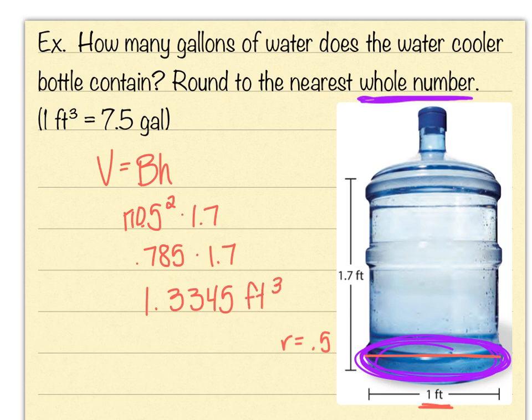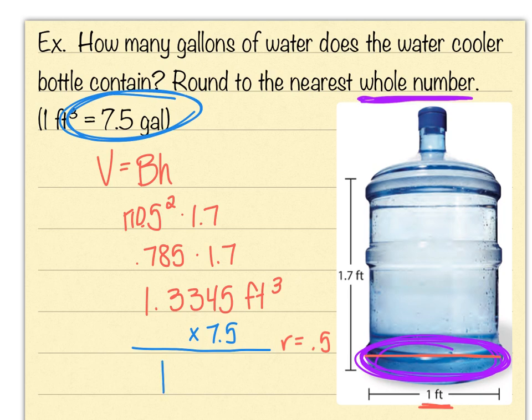But when we talk about water, we usually don't talk about cubic feet of water. We're going to talk about gallons. And so this is what's important here. Each and every single cubic foot is 7.5 gallons. So if I've got 1.3345 cubic feet, and each of those is 7.5 gallons, I'm going to multiply that by 7.5 gallons, and that's going to give me my number of gallons, which is